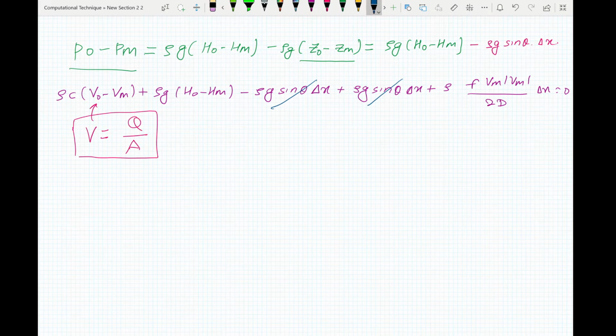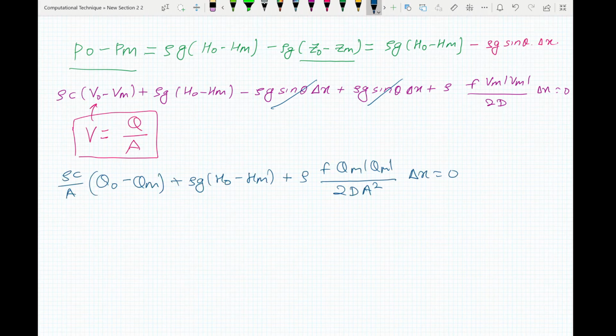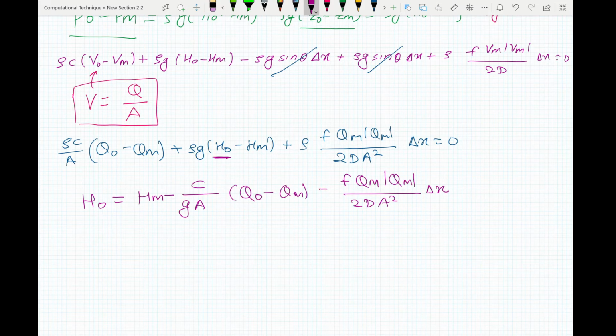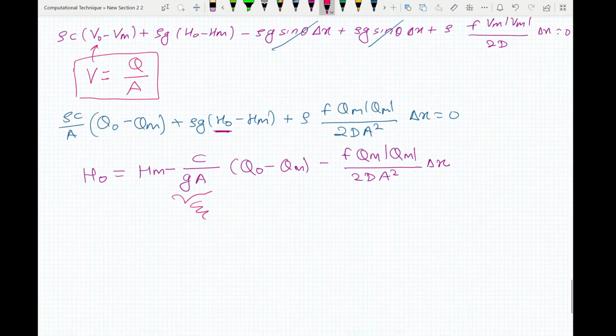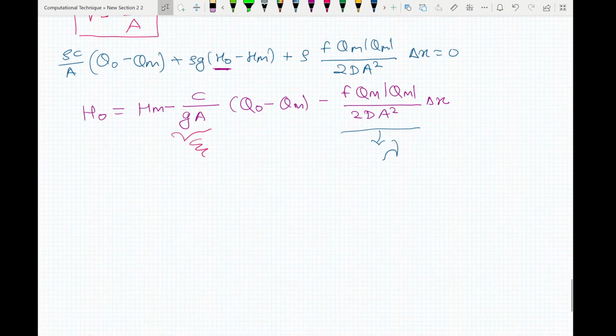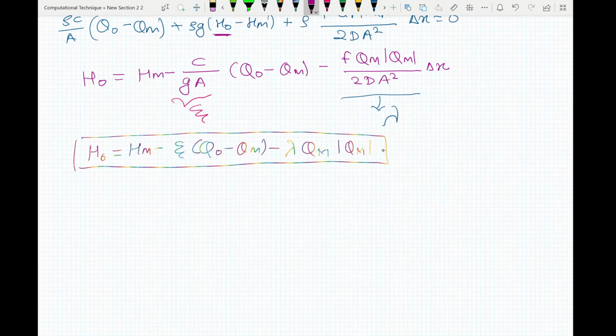Then what you'll get will be, again, we have to find our head at point O. Therefore, HO will be equal to HM. Now, if you consider this as xi and this value here as lambda, then ultimately what you'll get is, and this is for the C plus curve,